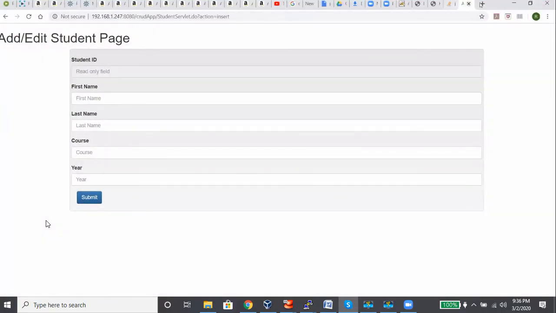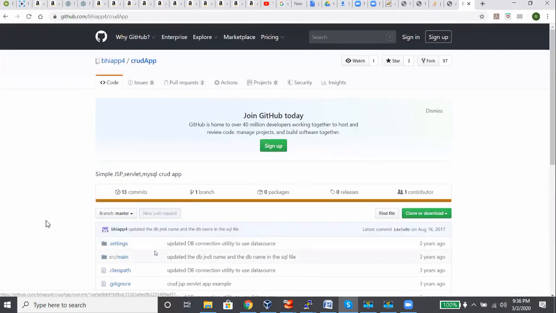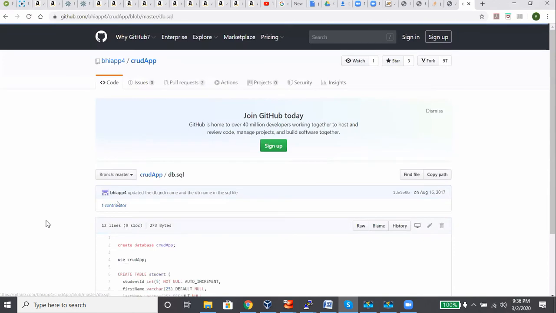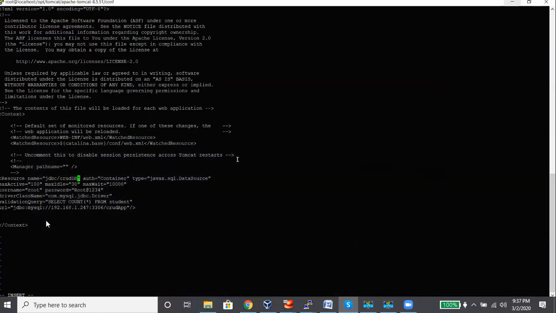How about GitHub? Create database CRUD app. Use CRUD app. Create student table. So here, okay. Skip.